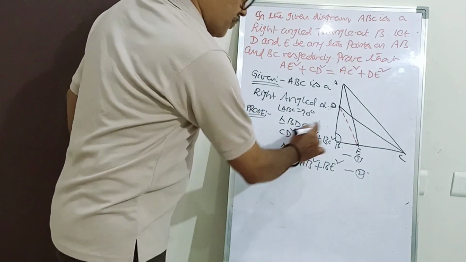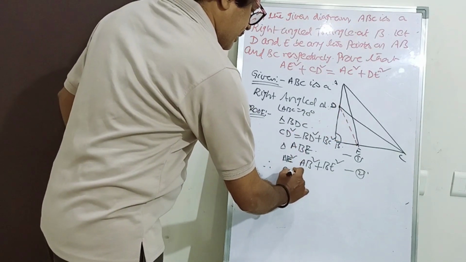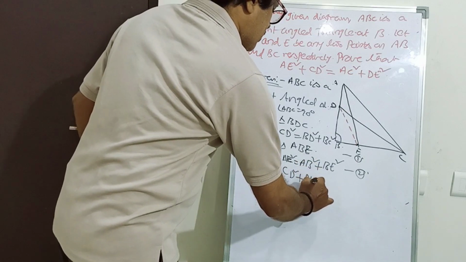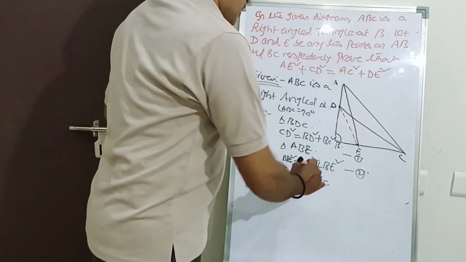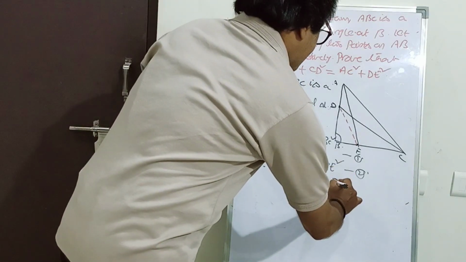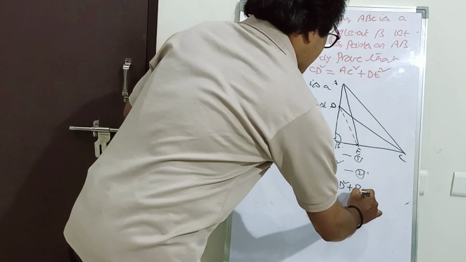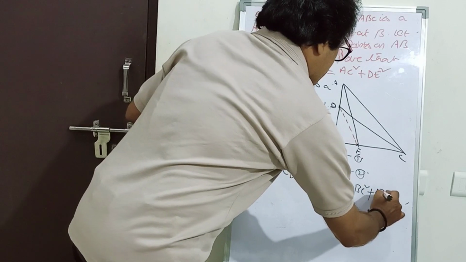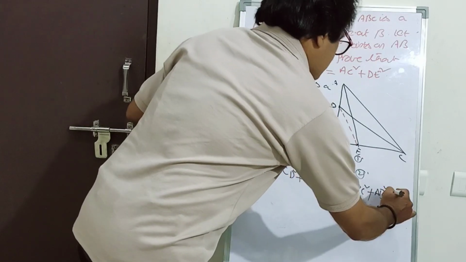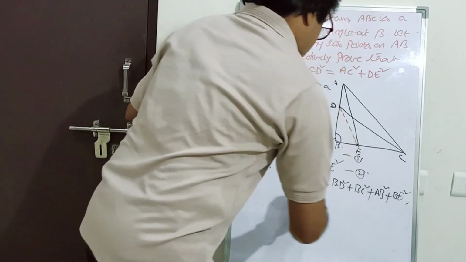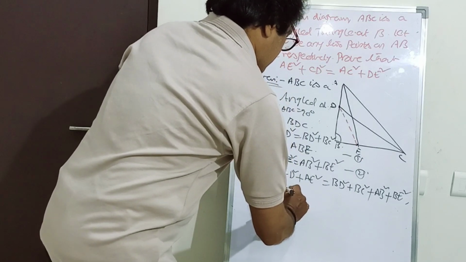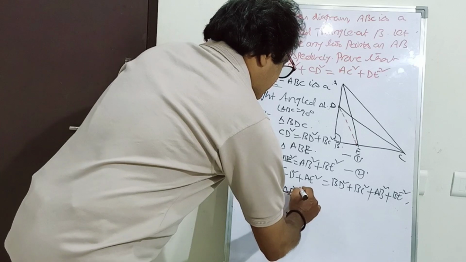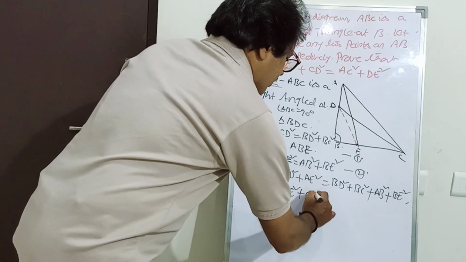Adding 1 and 2, the LHS are added: CD square plus AE square is equal to the RHS, BD square plus BC square plus AB square plus BE square. Therefore, let us write in an order: AE square plus CD square is equal to